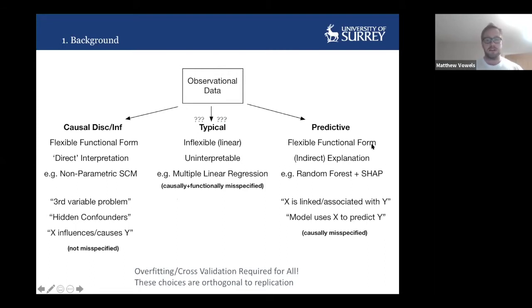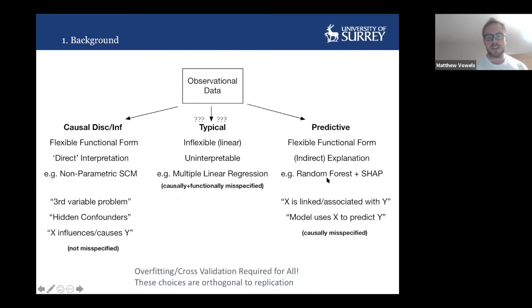But with predictive models, we might have a very flexible functional form, maybe a data adaptive functional form. We have to be mindful of things like underspecification or overfitting, but these are powerful models that can learn from the data themselves rather than having to impose our own inductive bias that may be incorrect on the data. They can be indirectly explained, and I'll come on to why it's hard to explain them. Without this explanation, they're often quite hard to interpret. So even though they're good at prediction, we have to go an extra mile if we want to actually use them to infer something about reality or even about the model itself.